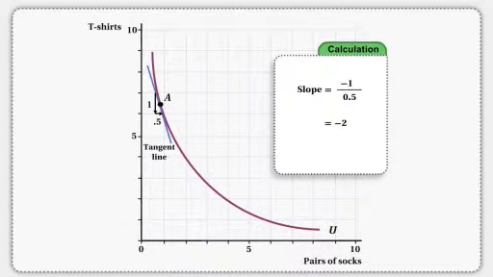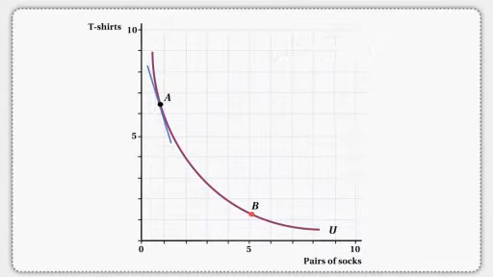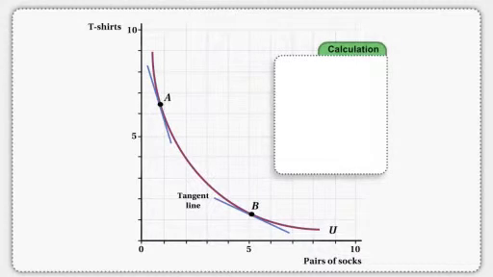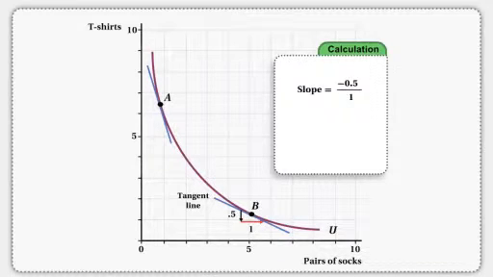point A. We can use the same technique to find Sarah's trade-off between t-shirts and socks at any point on her indifference curve. For instance, if we want to find her trade-off at point B, we first find the tangent line. We can then determine her trade-off between t-shirts and socks by finding the slope of this line. First, we'll find the rise of her tangent line, which is -0.5. Then we'll find the run, which is 1. The slope of this tangent line is then -0.5 over 1, or -0.5. Thus, we know that Sarah would be willing to trade a half of a t-shirt for 1 pair of socks